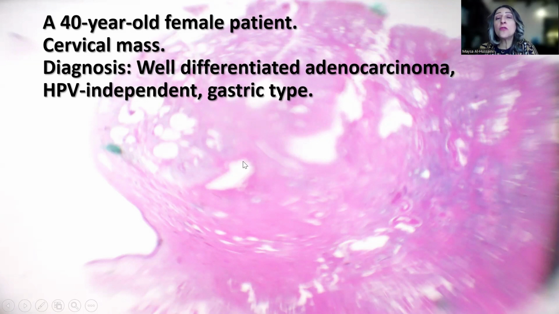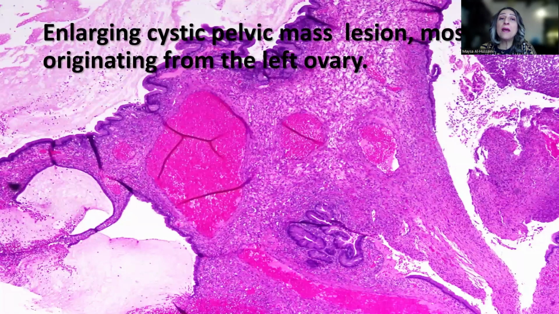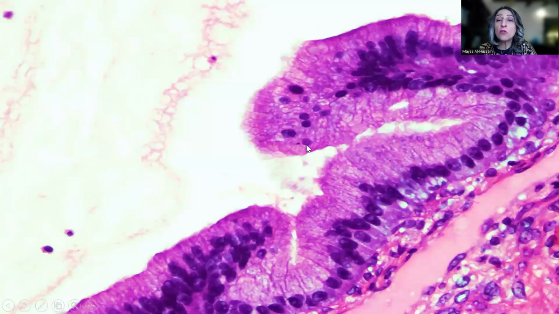Now, the patient a few months later developed a pelvic mass that on imaging was found to be cystic and mostly was thought to be originating from the left ovary. So she underwent left oophorectomy, and as you can see here, we have this mass that is composed of proliferation of and lined by the spaces, the mucinous epithelium, and on higher power magnification the exact same appearance as we